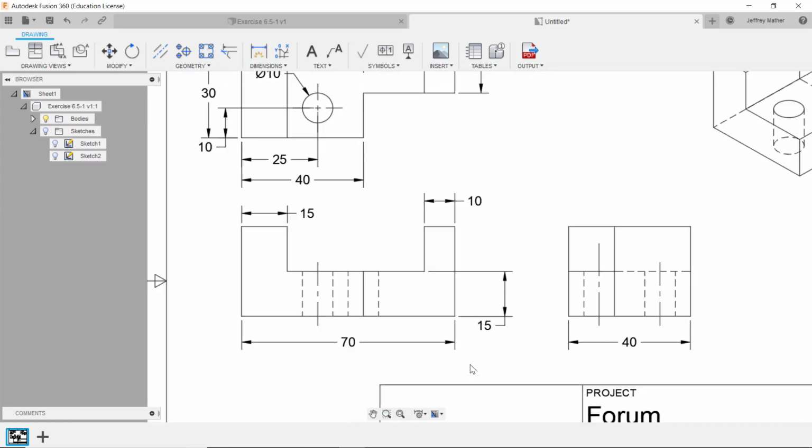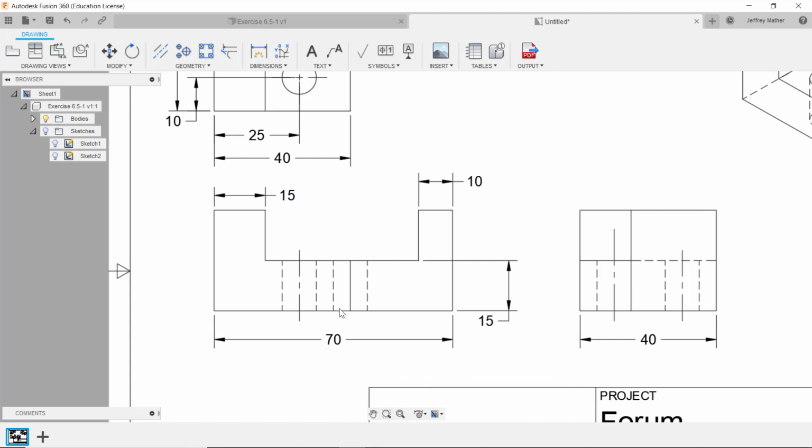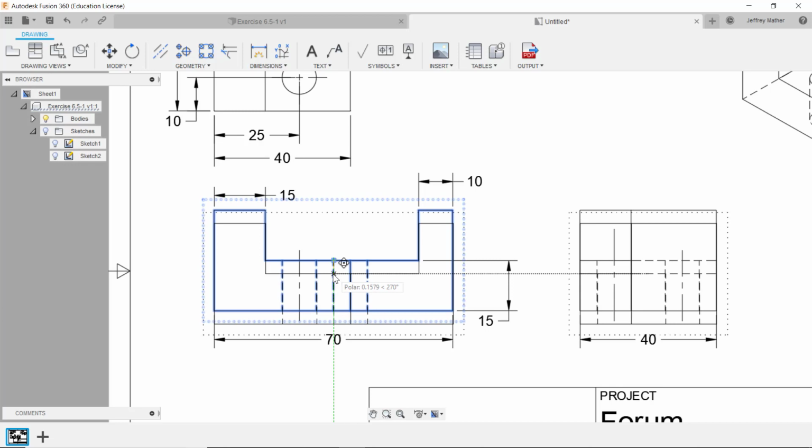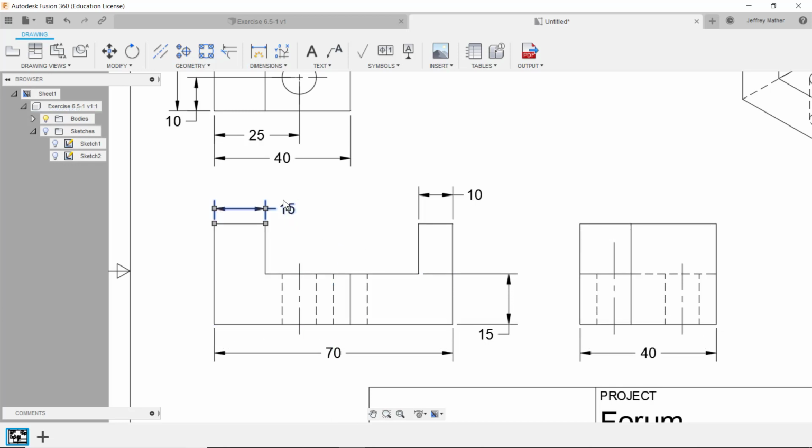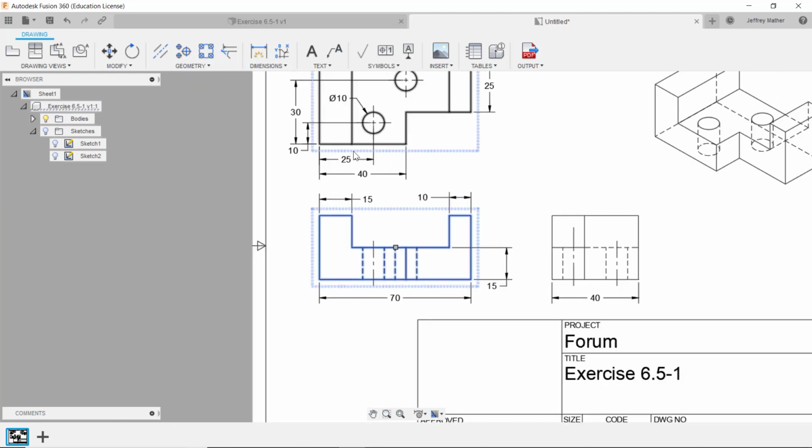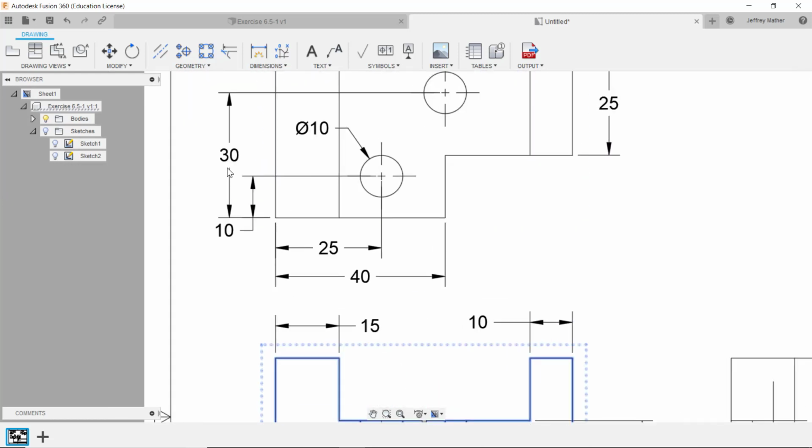I now want to move dimensions around a little bit, make it look aesthetically pleasing. I might move this entire view down just a bit, and then I'm going to move this dimension up a little bit, and I'm going to put this one towards the inside. I might move this one up a little bit, that one down a little bit. Okay,